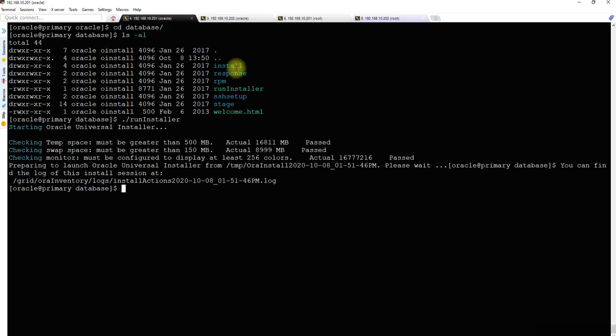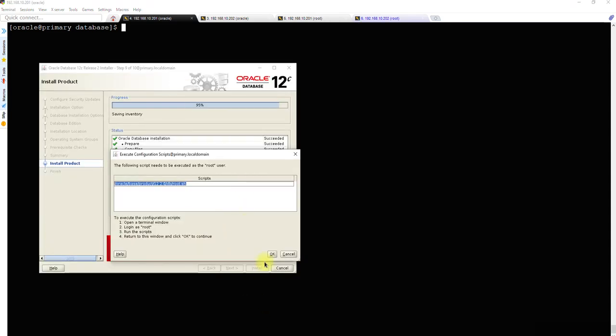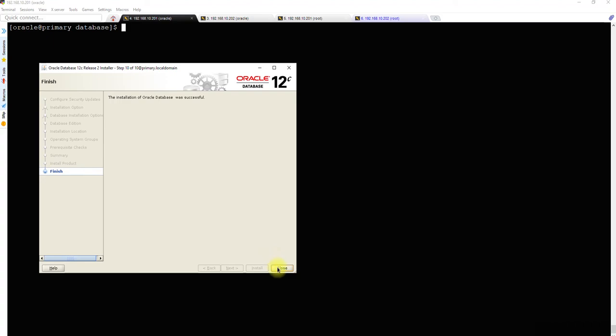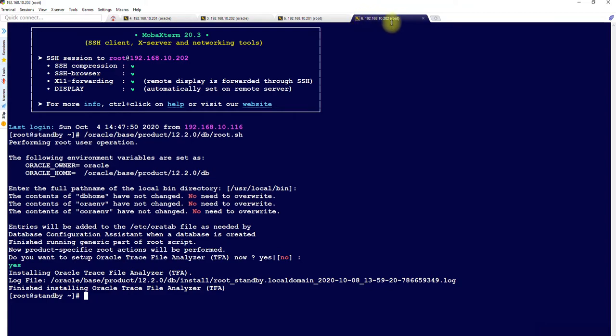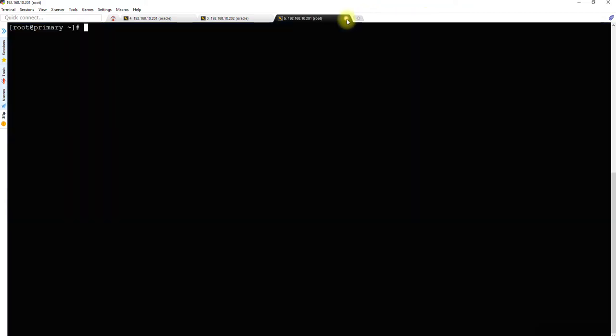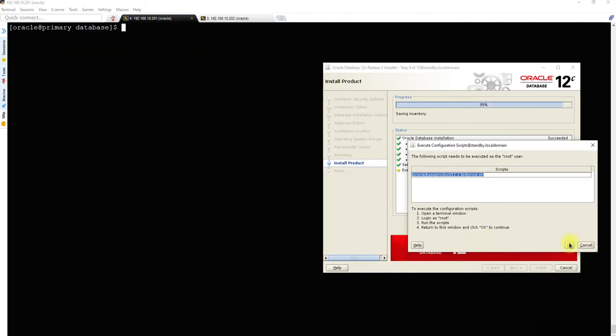But now let's shift our focus to the primary one, and we need to install the database. But the issue currently is, just a second. So the primary is done. Maybe some specific part is left. Okay, so just cancel it. It's done. Let's check the second one as well. It should be done as well. So we will disconnect from the root account. We currently don't need it. Whenever we need it, we will connect. And let's finish this as well.